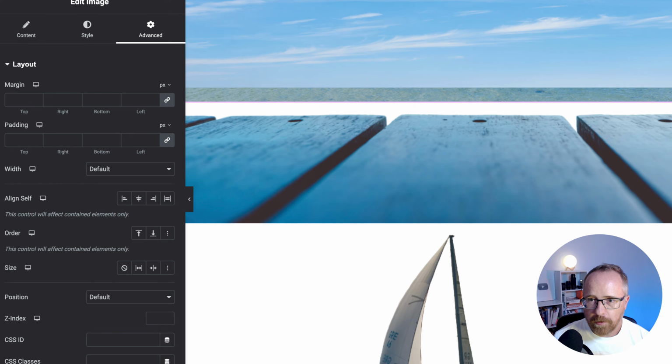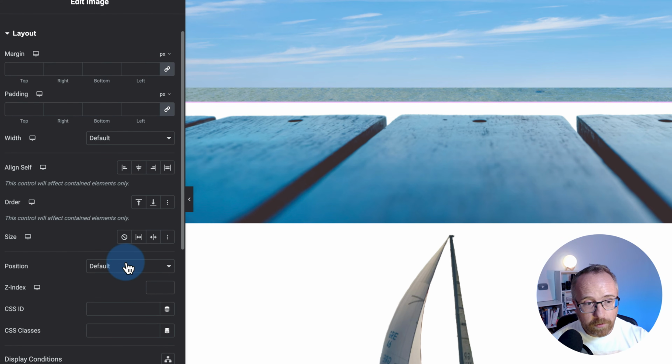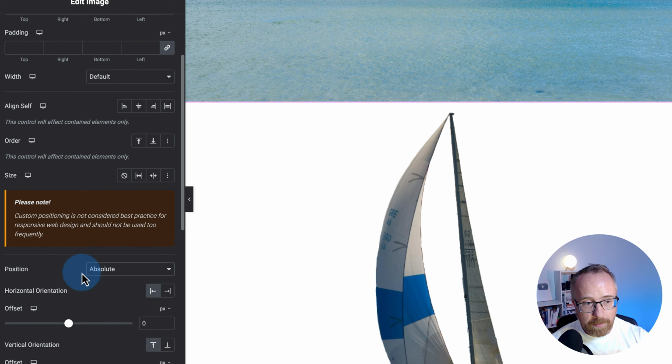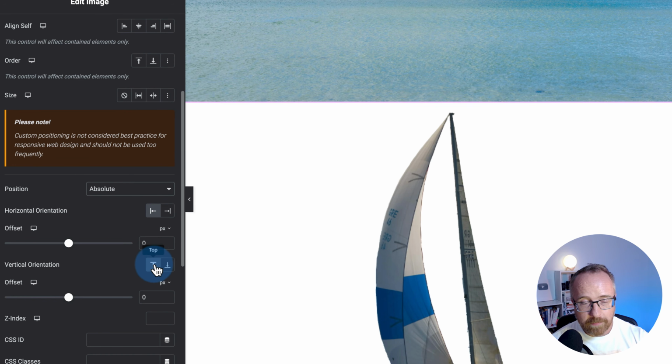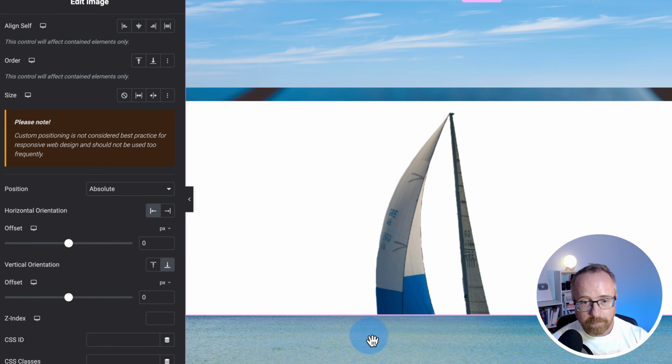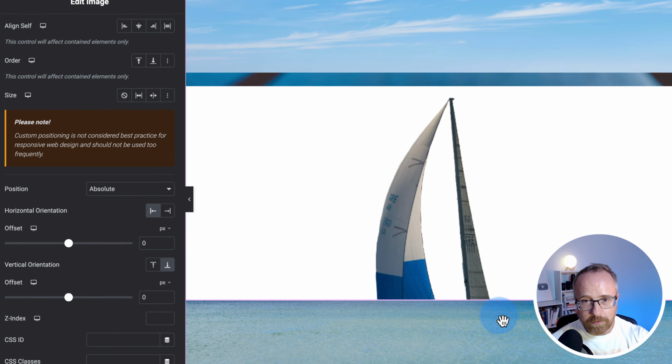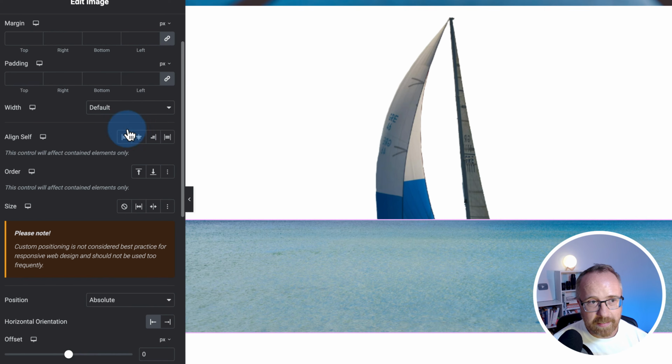Okay, so next we're going to work on the ocean, which is currently behind the sky. And we are going to want to have this set to the bottom of the screen. We always want it stuck down there, whereas the sky is stuck to the top. If you recall, by choosing position absolute and then a vertical orientation, we have it top for the sky. We want it bottom for the ocean. But this is a huge gap between those two. So we want to actually increase the size of the ocean